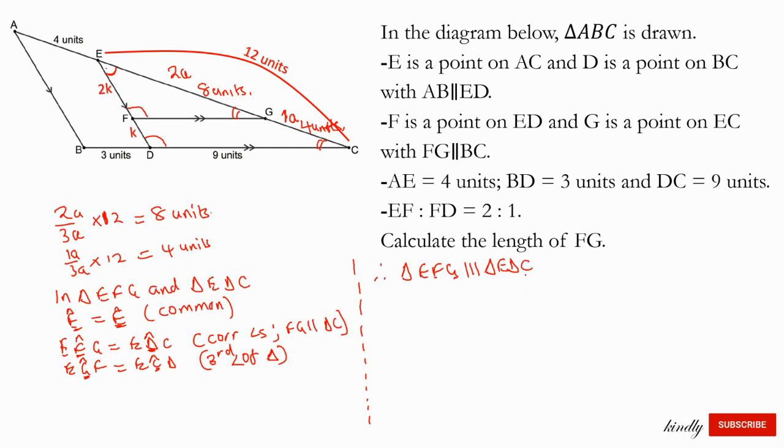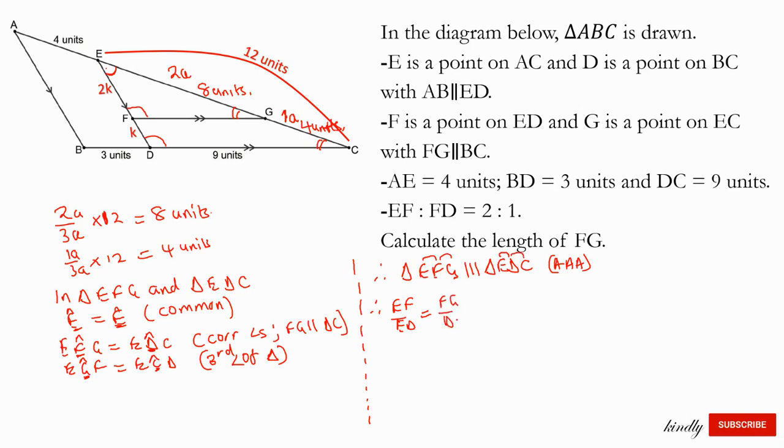So we prove that these two triangles are similar because it's angle, angle, angle. Therefore, from this we can conclude that EF over ED is equal to FG over DC